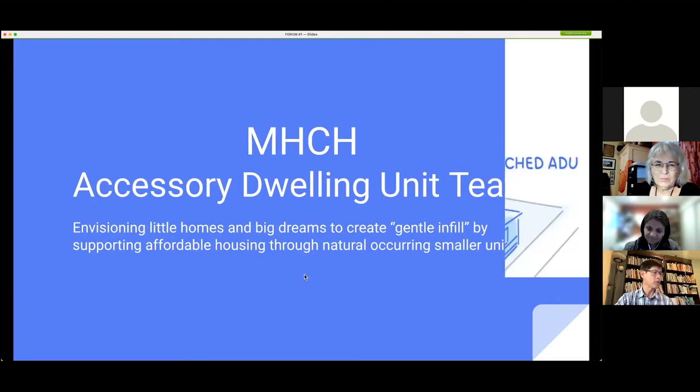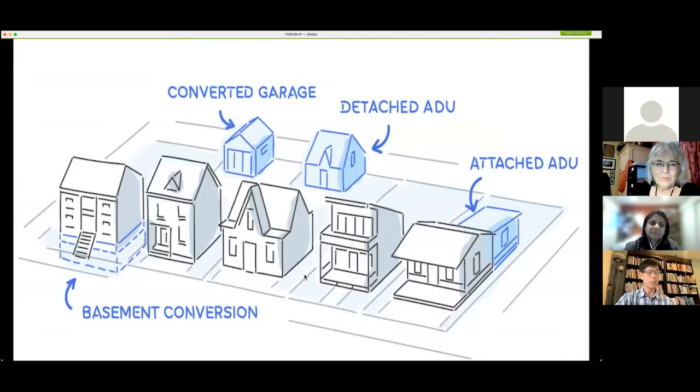So we like this idea of gentle infill. You've probably seen a diagram like this that looks at the 4 or 5 different kinds of ADUs, and not shown here is the junior ADU, which is an enclosed area that's part of the existing footprint of a house. But most folks tonight are looking at the detached ADU, so it'll be standalone.